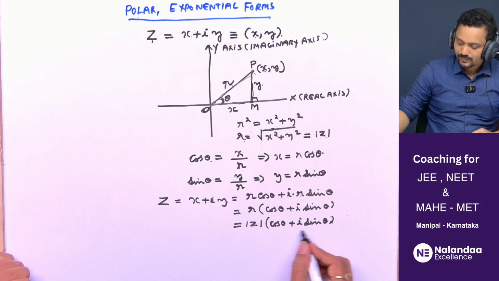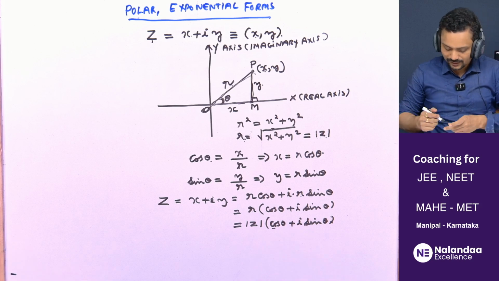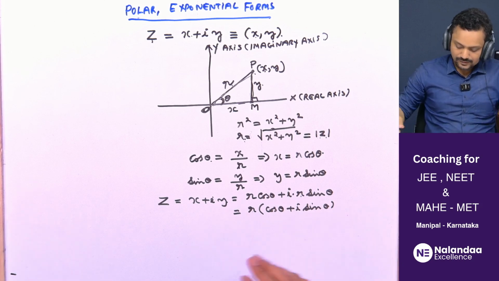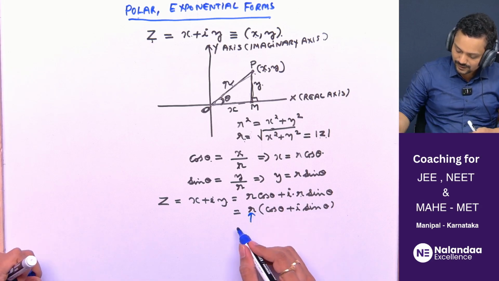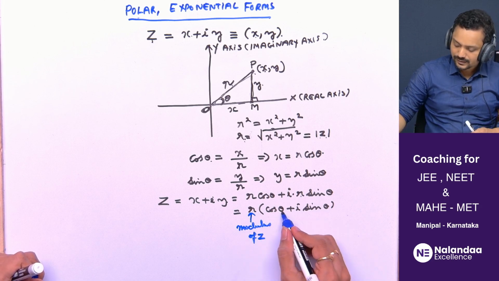So therefore this form is called the polar form of the complex number. So this is called polar form. And here, very importantly, this r is nothing but the modulus of the complex number. r is modulus of z, and this theta